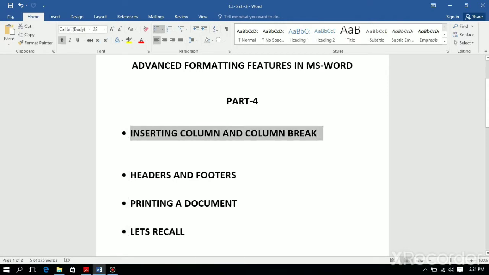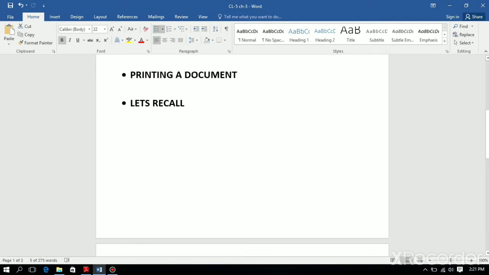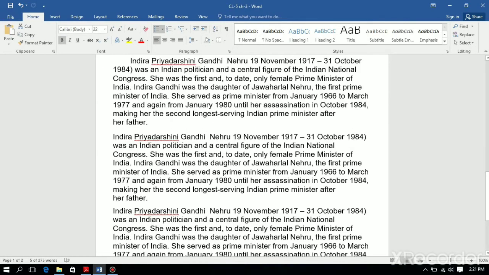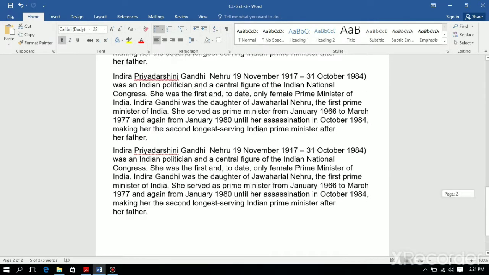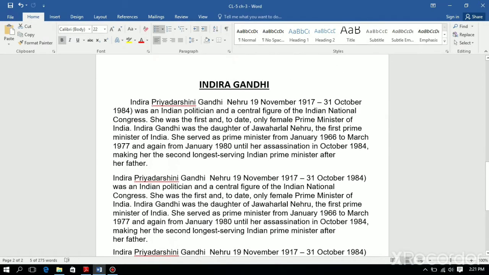As you know, we have already done some practice in this paragraph, the Indira Gandhi topic. So in this page we will discuss inserting columns and column breaks.